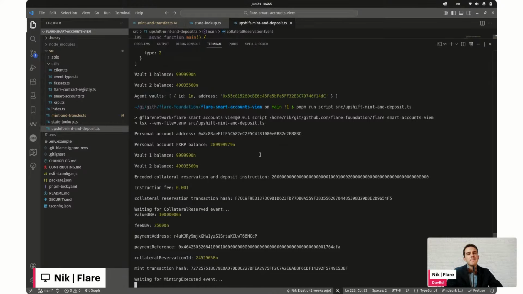So as you can see, this is our personal account address again. Our FXRP balance, the amounts that we have in each vault, the encoded collection reservation, deposit instruction, collection reservation transaction hash. And now we have waited for collection reserved event, send the mint payment. Now we are waiting for minting executed. While that is running,